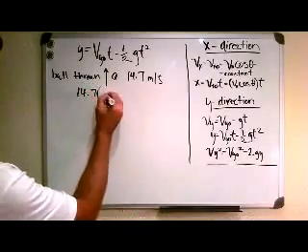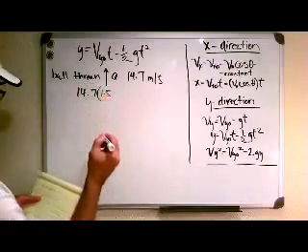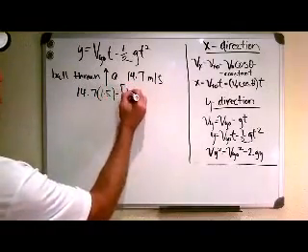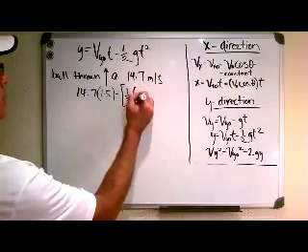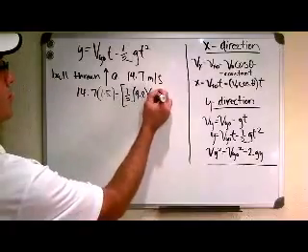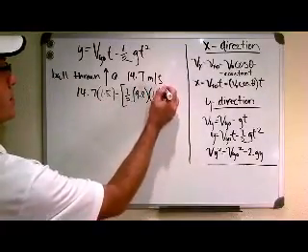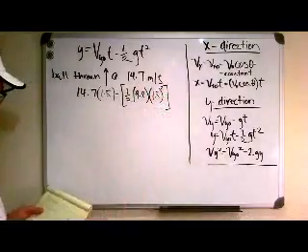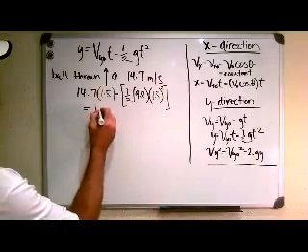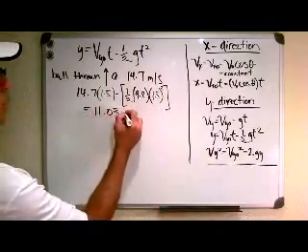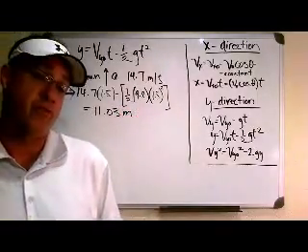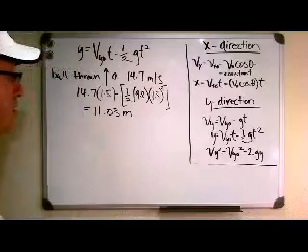We have 14.7 times 1.5 seconds, minus 1/2 times 9.8 times the 1.5 seconds squared. If we do all that math, we basically end up getting 11.03 meters. And if you'd like to go ahead and convert that to feet, because we are in America and softball's kind of figured in feet,